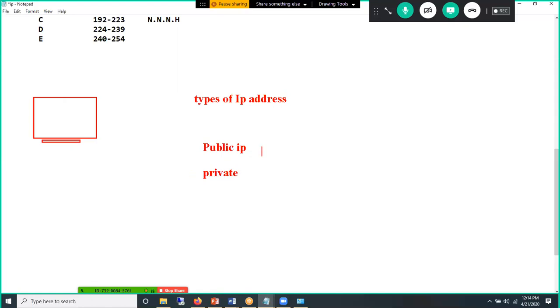So this machine may have either one kind of address, we call public IP, or private IP. Okay. So what is public IP? Public is one of the addresses which is actually given by the ISP. ISP means Internet Service Provider. Okay. So it is an address given by the ISP so that your machine can communicate anywhere